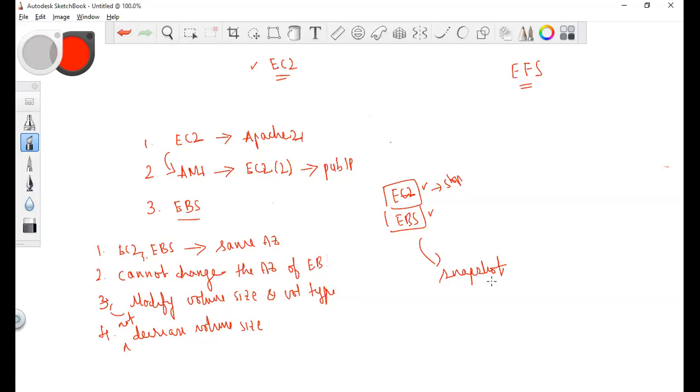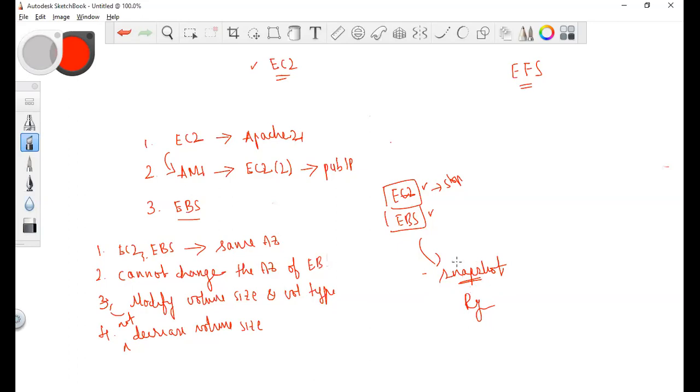See, I said you can take a snapshot and this is region specific. You will not attach this snapshot to anything, because this is just a kind of backup. The EBS is the actual volume. This is a backup. No, you cannot attach it.